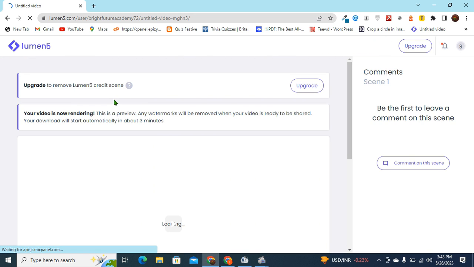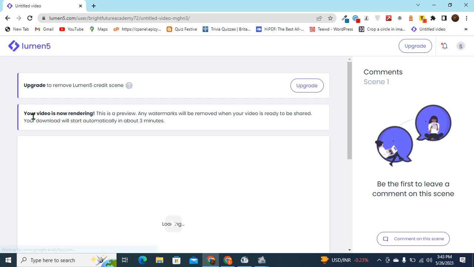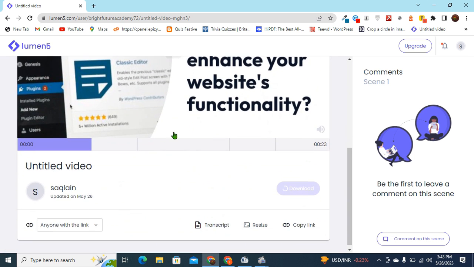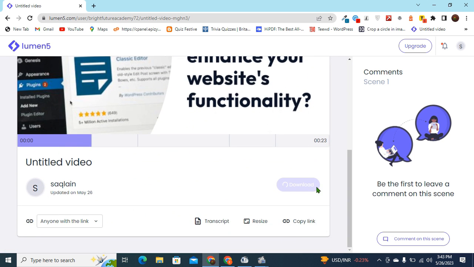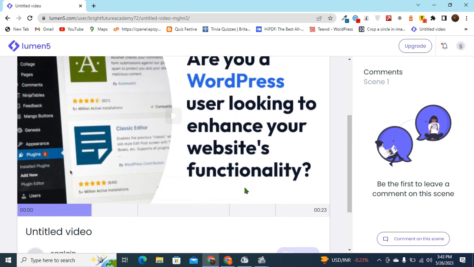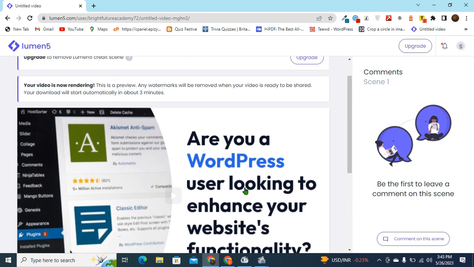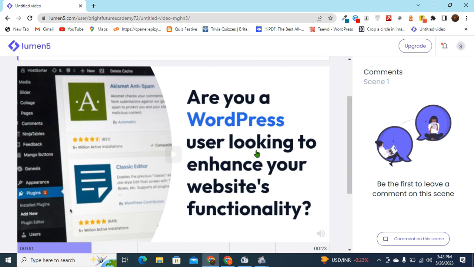Okay, let's see this. All right, you can see the video is now rendering, and this is a preview. And after rendering, you can see this download button will be enabled, and you can download the video and use it. So this is how you can convert your text or post into a video using the tool called Lumen5